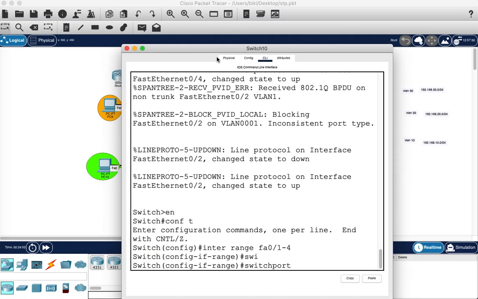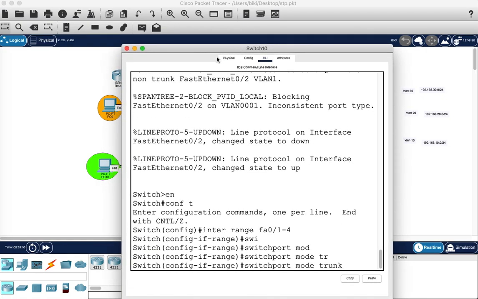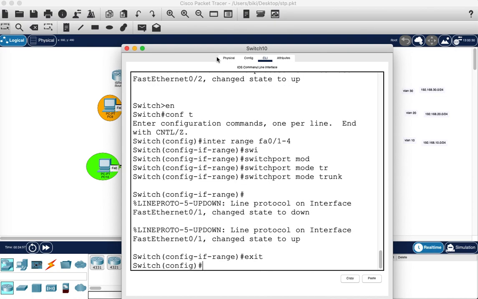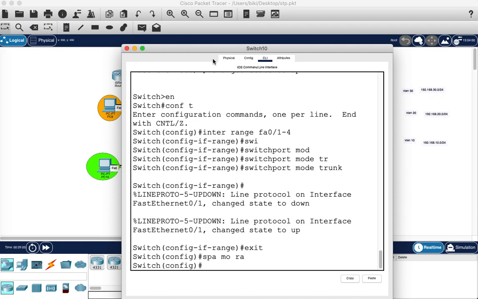Then switchport mode trunk. Then after that exit, spanning-tree mode rapid-PVST. Then next I will move to interface